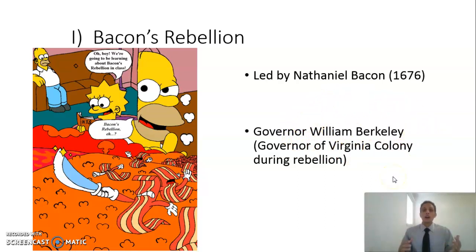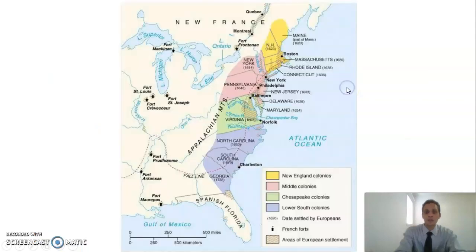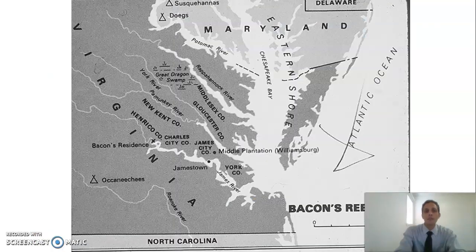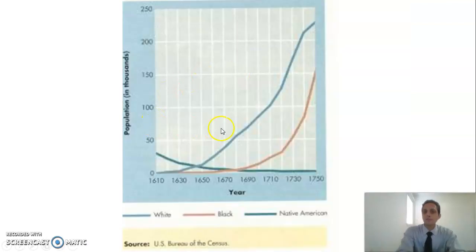Now, eventually, the rebellion dissipates, and essentially, if it wasn't for the change that happened, we really wouldn't be focusing too much on Bacon's Rebellion. But really, the after effect of the rebellion, I think, is the key to understanding the importance of it. So when you look at what happens in the after effect of Bacon's Rebellion, which is happening here